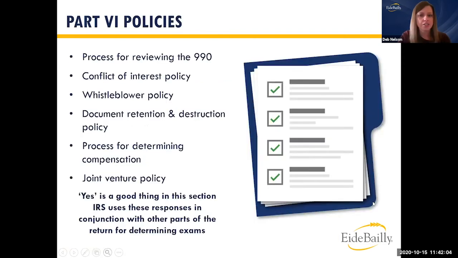And another section within this part of the 990 focuses on policies and procedures. So there is actually a specific question about the process for reviewing the 990, as well as all of these other questions on policies. And again, I'll state, it's not required that you have these things in place, but you want to be able to check yes to this. That means you have adopted all of these best practices for policies and procedures. And I would say at a minimum, you should have a conflict of interest policy in place. I think that's kind of expected these days that organizations have that.